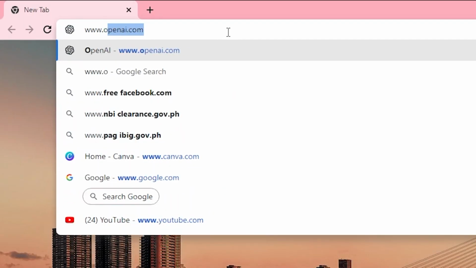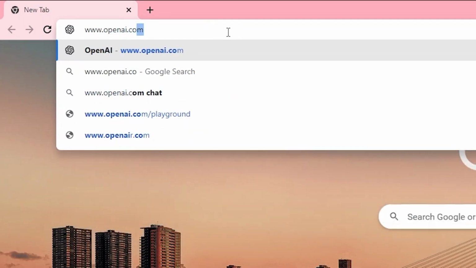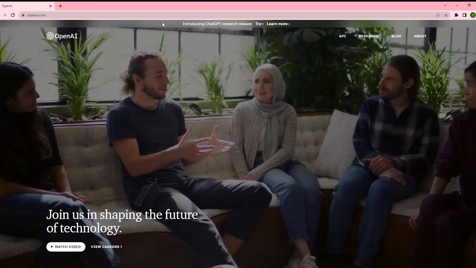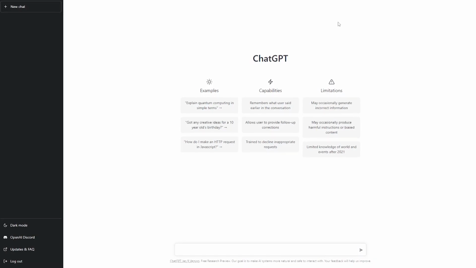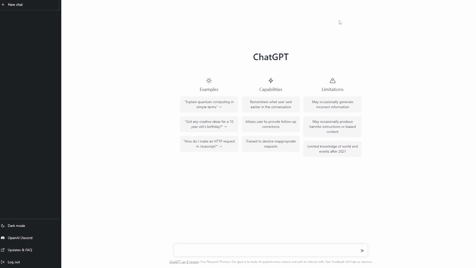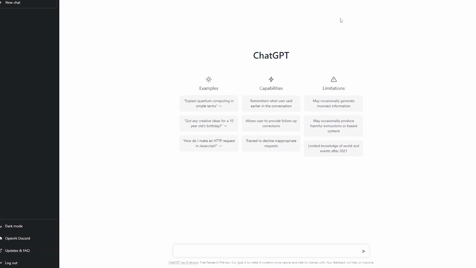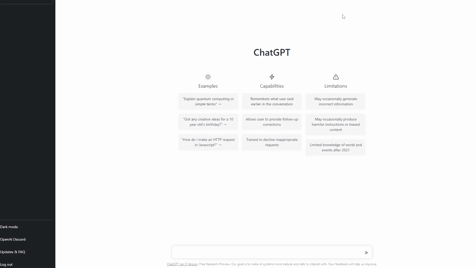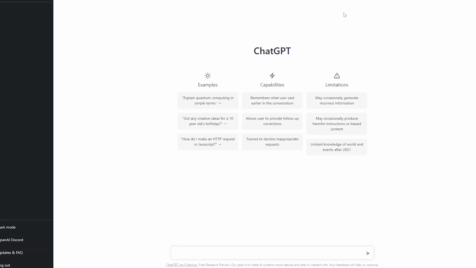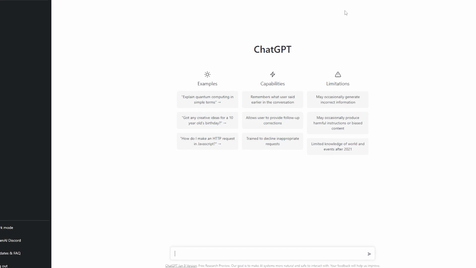Go to www.openai.com and register a new account. The sign up button can be found on the right after you click ChatGPT and continue to scroll down. As you can see, we have already signed up and logged in. When you first log into your account, you will see a simple screen that does not even scroll down.